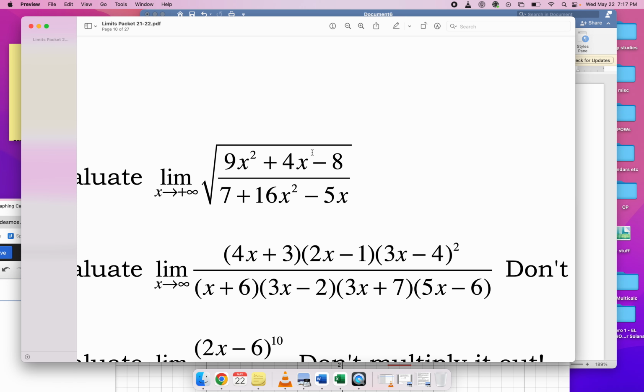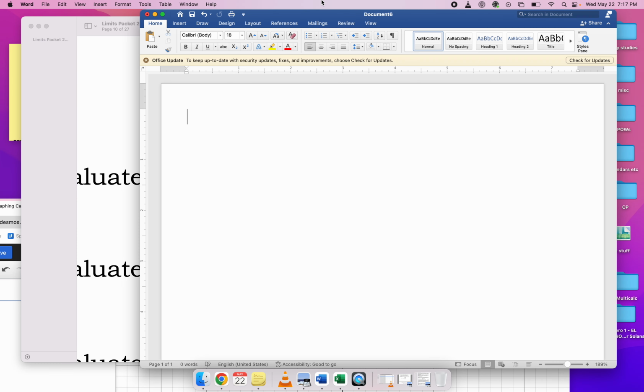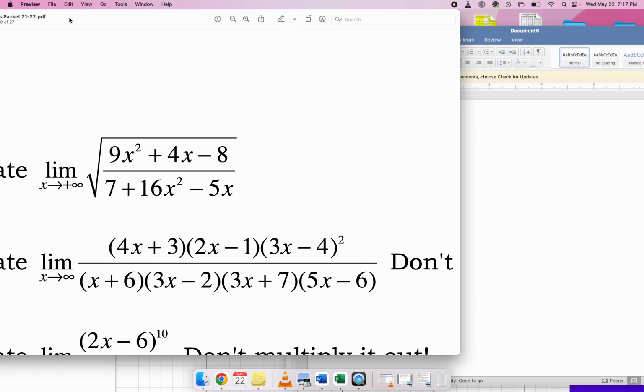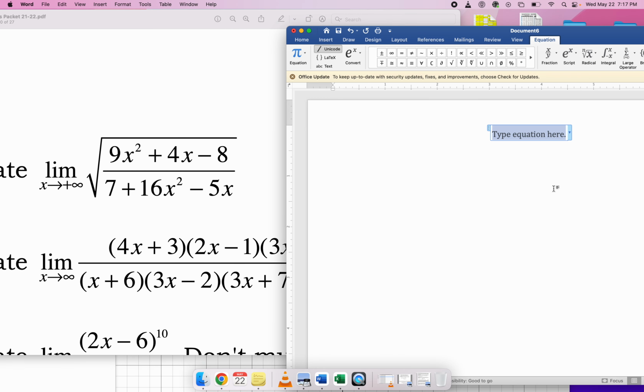It just means that you're really just working with the square root of the ratio of the lead terms. So you're going to be looking at the limit as x goes to infinity of the square root of, and if you just drop the slower growing terms, then you're left with this,